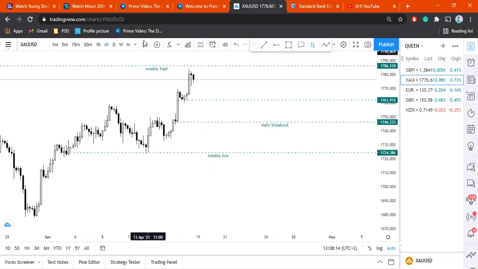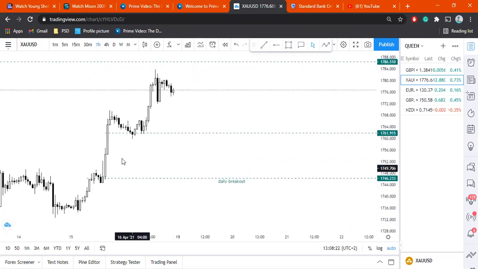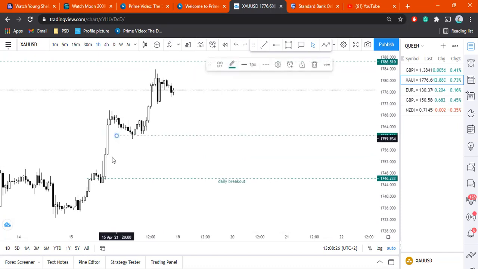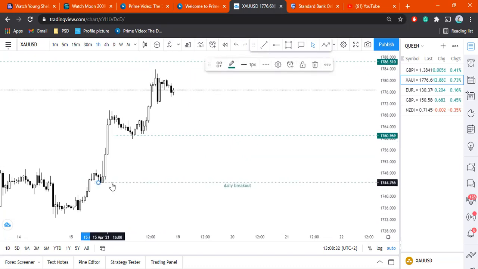So instead of us putting our limit right there, we are going to go on our 1-hour time frame and say, since price made a new support right here, I'm just going to adjust it a little bit so that it's not cutting through candles. So since this is our last support we're expecting, we can put our limit right here, right at